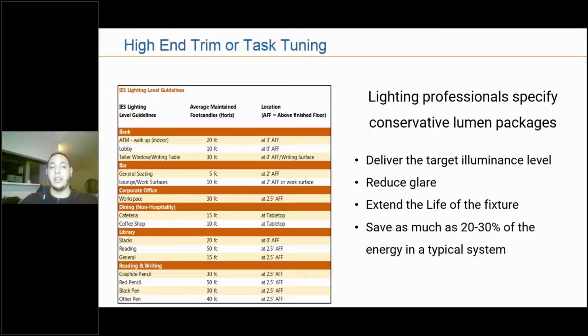So what high-end trim can do is ensure that if you don't need an excess of light, you know what your recommended foot candles are, you know what the light levels need to be in your space. And if the fixtures in a space are brighter than this, high-end trim, again, is that ceiling that caps the max brightness. So you don't need that excess light. It reduces glare. It ensures that the fixtures run at less heat, so it extends the life of the fixture. And ultimately, it does save energy because your fixture is not as bright or is not consuming as much energy as it could. So high-end trim is a very